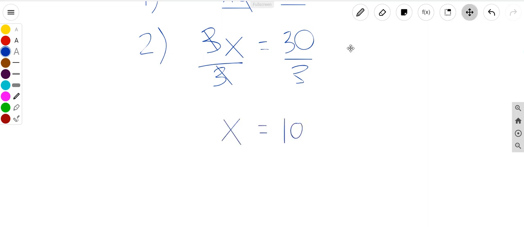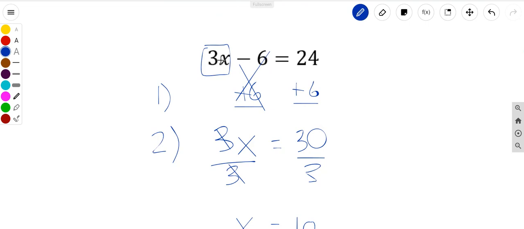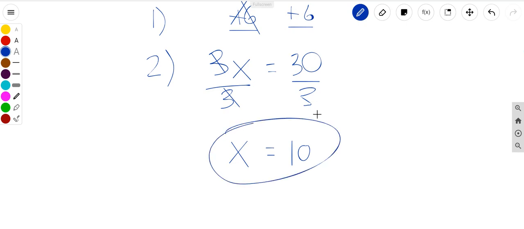Now again, we go back. Let's double check. Let me lock this in place so I don't erase it. Let's plug in 10 for x. 3 times 10 is 30. 30 minus 6 is 24. 24 definitely equals 24. So when you get something that's a true statement like that, that's how you know